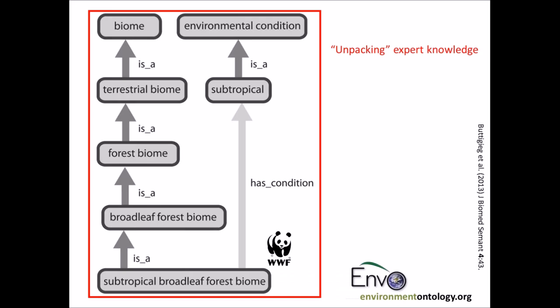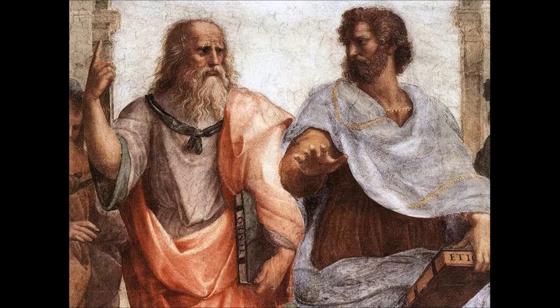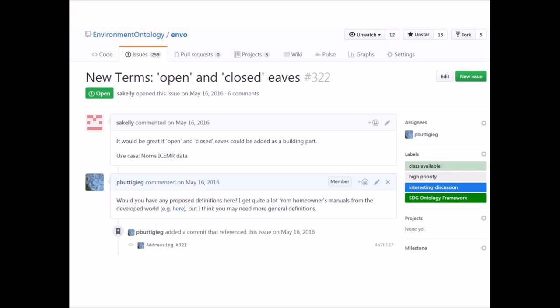So let's take a look at how that actually occurs, reminding us of how we unpacked expert knowledge in something like the WWF biome classification. This is one way we can do it. We can approach something that already exists and start a semantic analysis of that, try to distill out more stable knowledge from it, and cast it in a way that a machine can understand. That's fine if it already exists. Often it doesn't exist, and we go back to that tradition of discourse. We need to actually engage experts, engage people who are stakeholders, who have knowledge about a system,